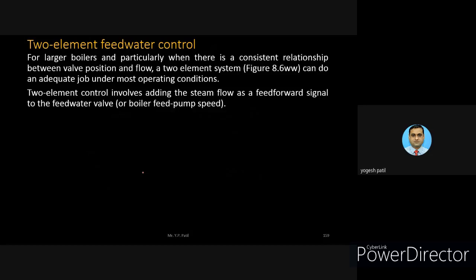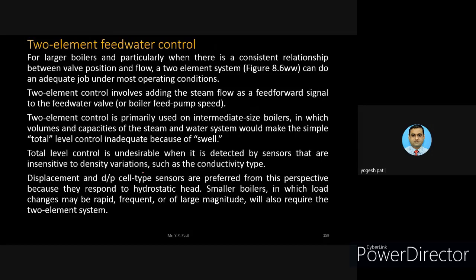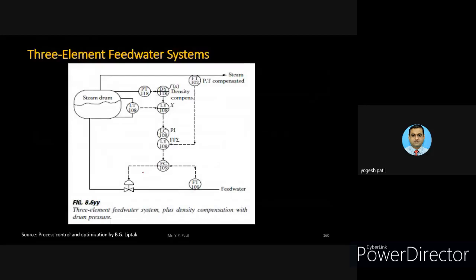So the same theory part is mentioned here, so I am not going to read it again. In the three element drum level control, we can say that one additional element is there. The first one is level, the second one is the flow of the steam, and the third element added is the feed water flow rate in the feed forward direction. You can see that the flow rate of this feed water gets measured, and then by feed forward arrangement and this cascading arrangement, it can act as a set point for this flow controller.